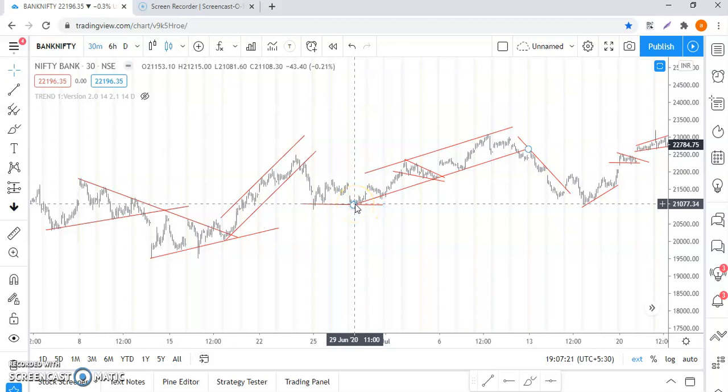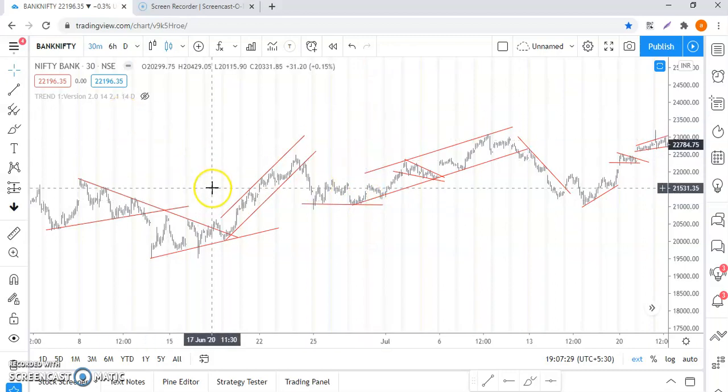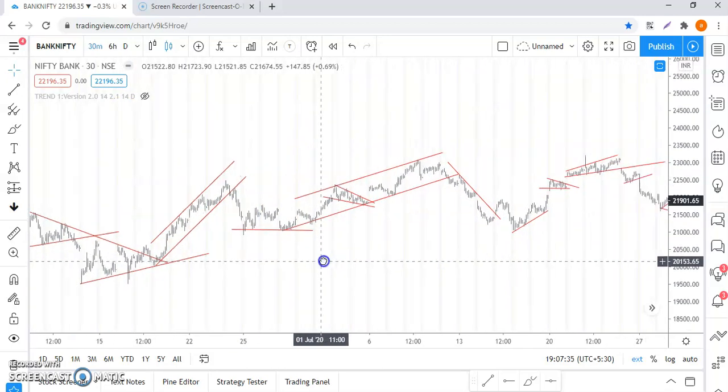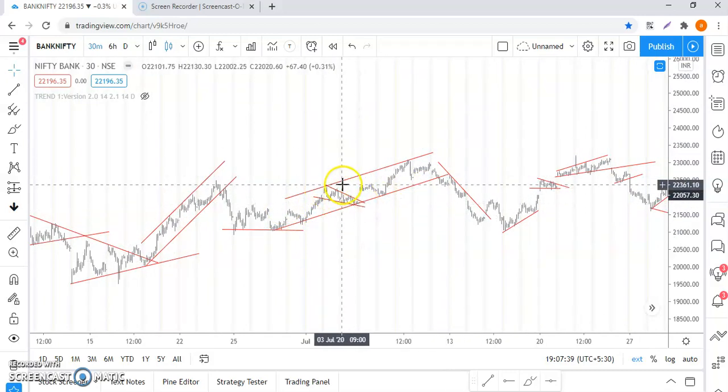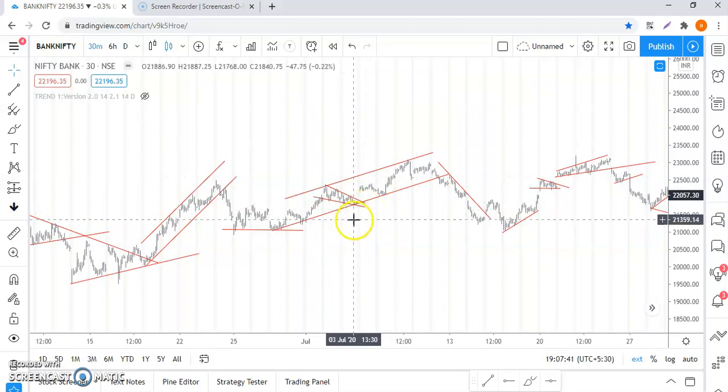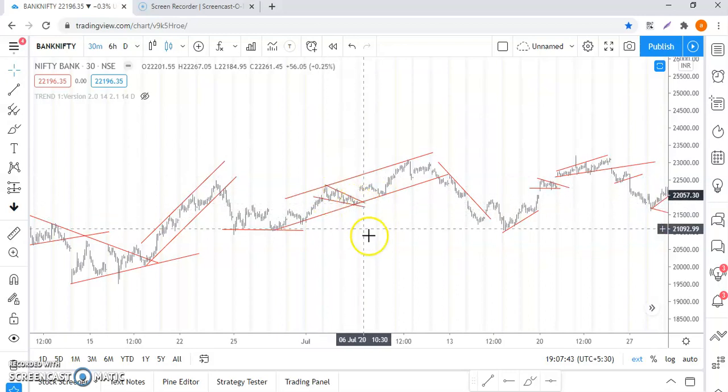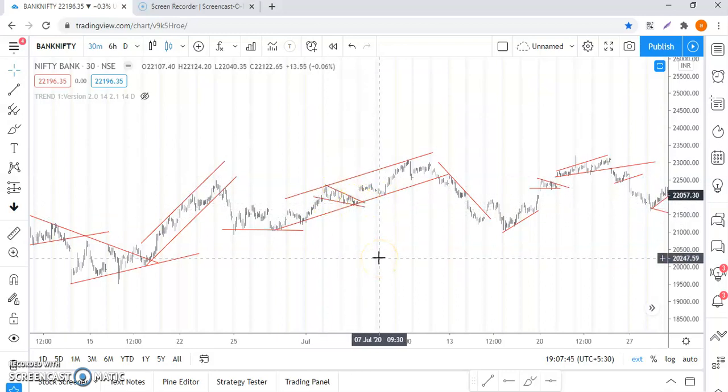So the moment you see this W appearing on your chart, the price will definitely go up, because that's a bullish chart pattern, and everybody will start identifying the bullish chart pattern in a 30-minute chart, or in a 2 hour chart, 4 hour chart. On every chart you will find this kind of pattern appearing. Again it formed a channel here. Inside the channel you can again find a chart pattern. This is called a falling wedge. The falling wedge is again a bullish chart pattern.